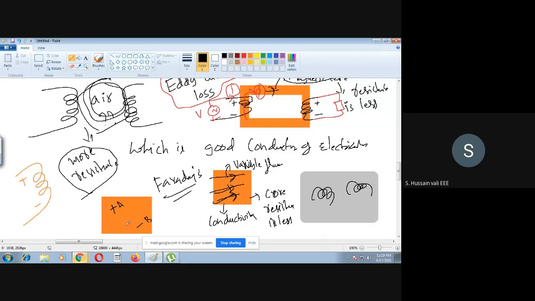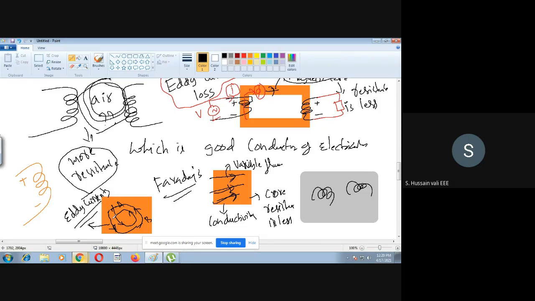Everyone knows this thing: when there is a potential difference between 2 points A and B, then what will happen to the current? Current flows from higher potential to the lower potential. So I will draw the current path now. Current will flow here and it makes a closed path. So now you see current is making the closed path. Likewise you find current loops like this in the magnetic core. These currents which are flowing are called eddy currents. So the currents which flow in the magnetic core are called eddy currents.